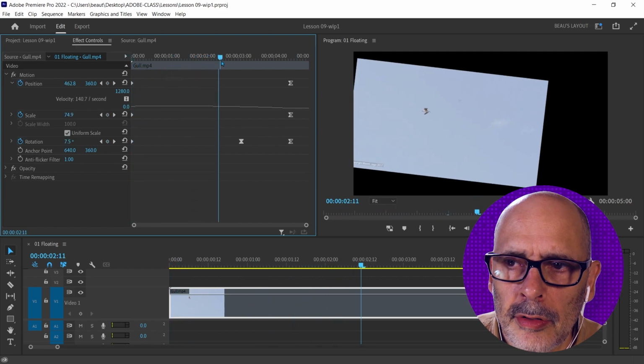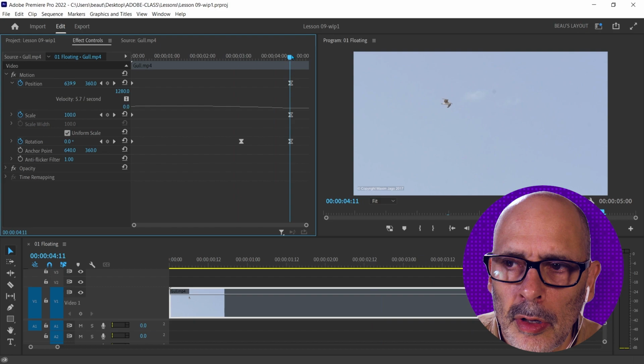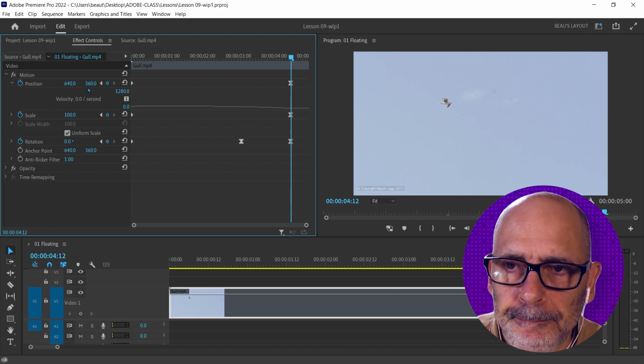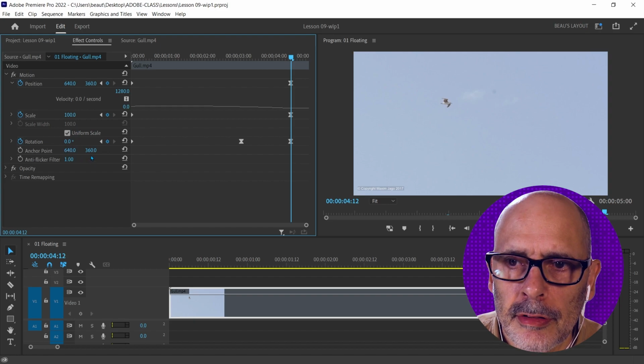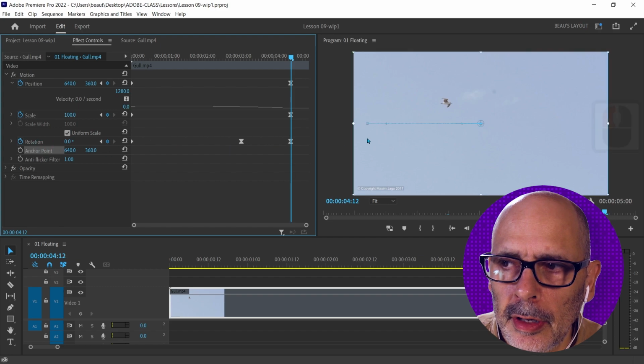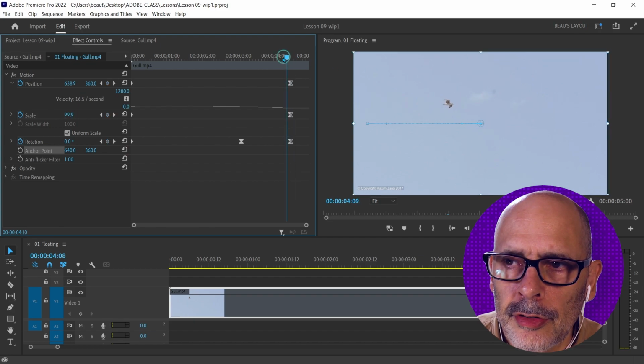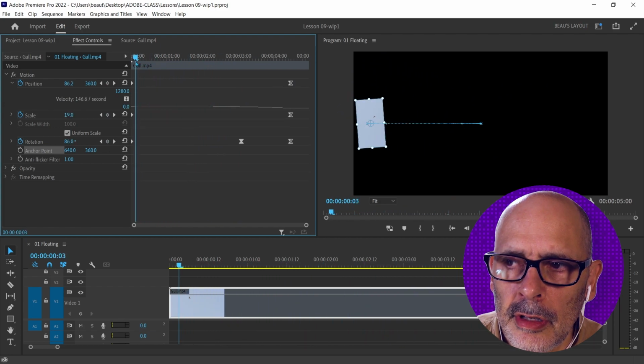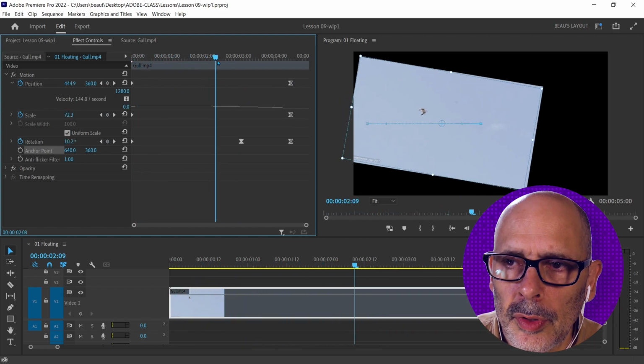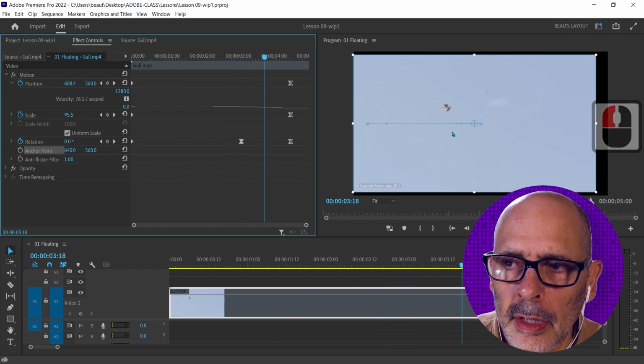And as I scrub my playhead, you can see the position changes until it gets to this position, which is 640 by 360. Now note, 640 by 360 matches the anchor point, 640 by 360. Okay? And if I highlight anchor point, there it shows my anchor point. And if I scrub the animation, you can see that my anchor point is following this dotted line in the program monitor. This is called a rubber band